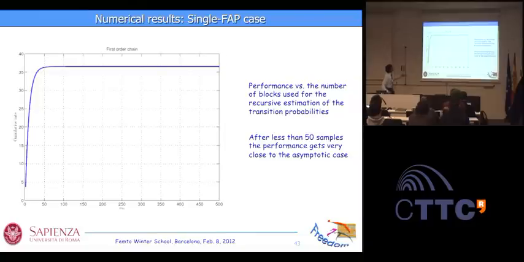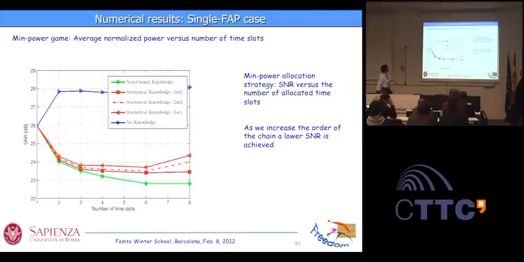Okay. This is what happens to the sum of the rate as a function of the number of time slots, because you start estimating something, so at the beginning your estimation would be very poor. Then you sequentially update. So after, let's say, 30, 40 blocks, this shows that essentially you reach the final values. So you don't need an extremely high number of blocks to converge.